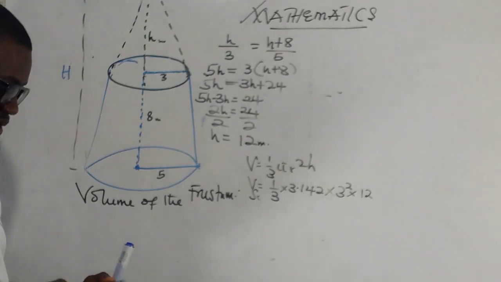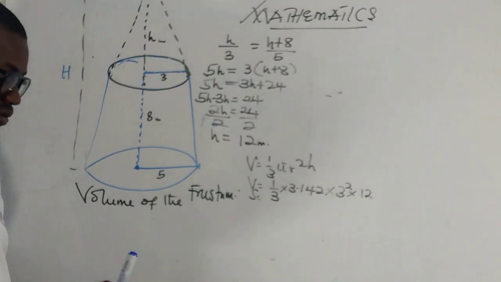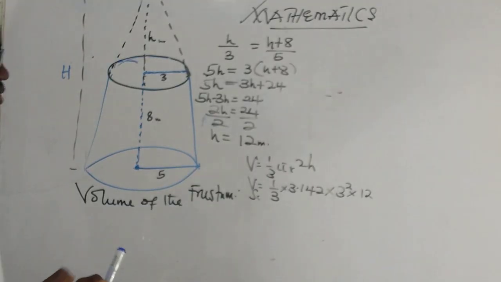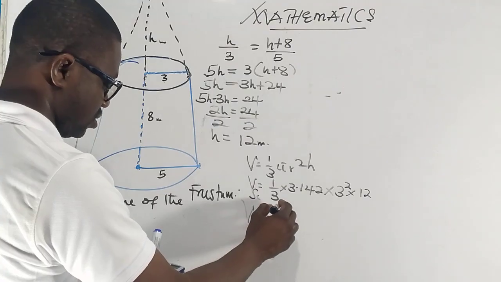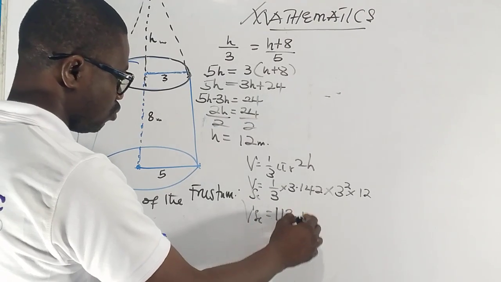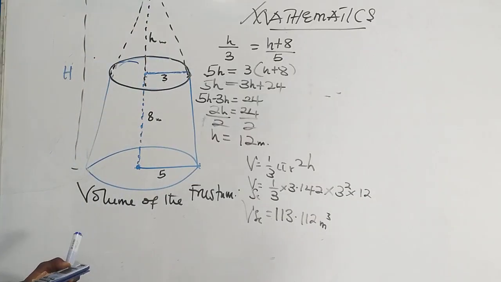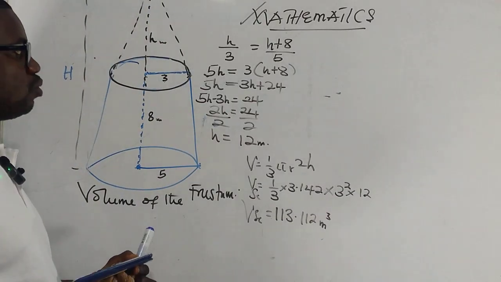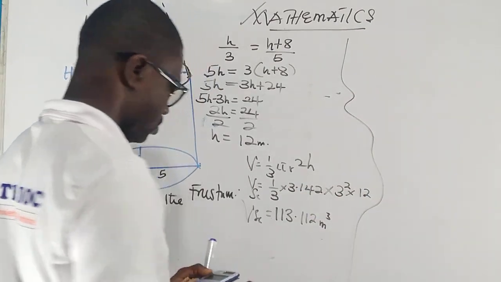We have 1 over 3 times 3.142 times 3 squared times 12, and the volume of the smaller cone is 113.112 meter cube. Now we calculate the volume of the bigger cone. So the volume of the bigger cone is